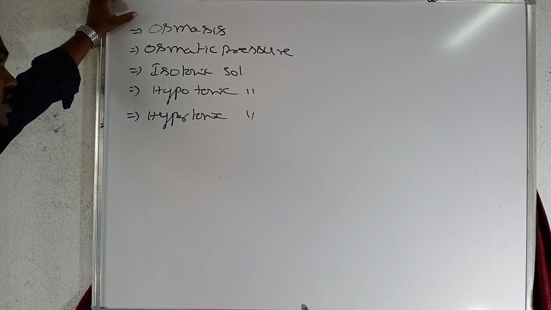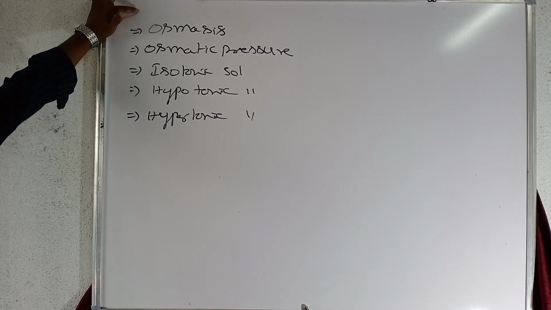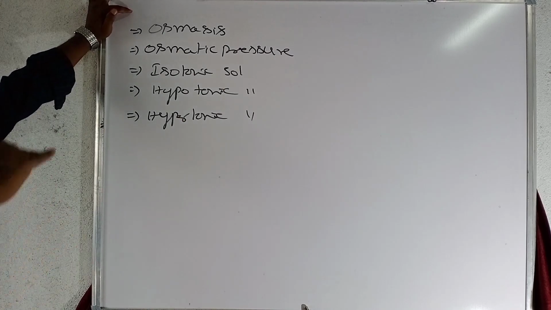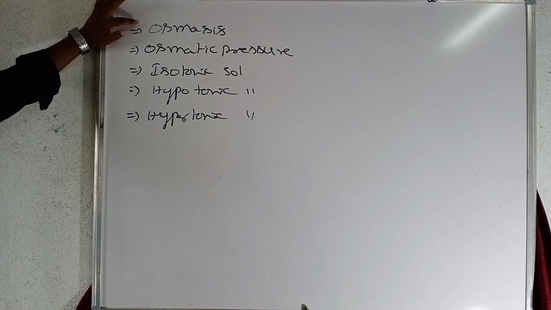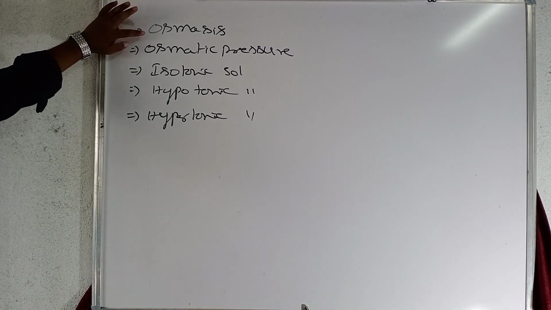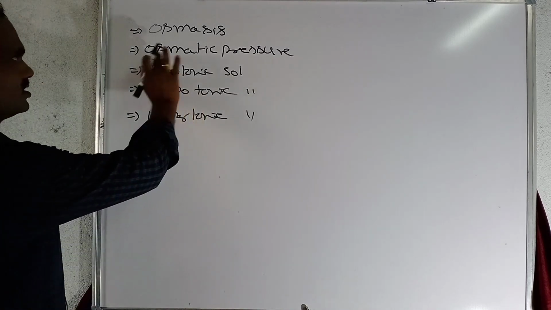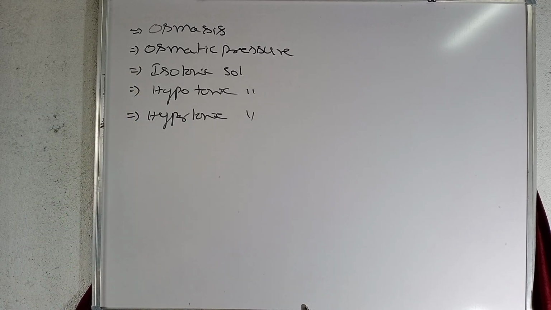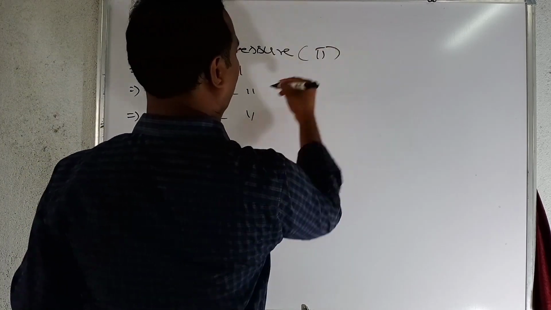concentration region through semi-permeable membrane. That is osmosis, flow of solvent molecule from fresh water to salt water, or from low concentration solution to high concentration solution through semi-permeable membrane. That is osmosis. Osmotic pressure means the pressure required just to stop the osmosis, that we call as osmotic pressure. Okay, this is denoted with pi.